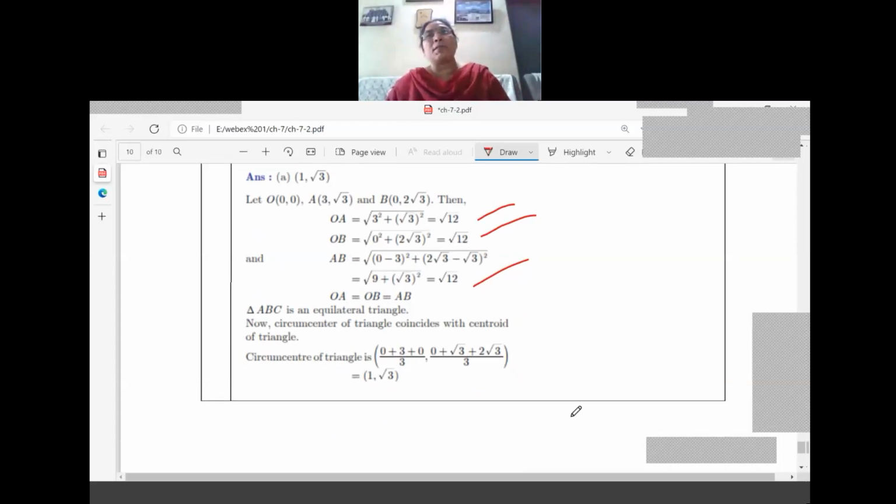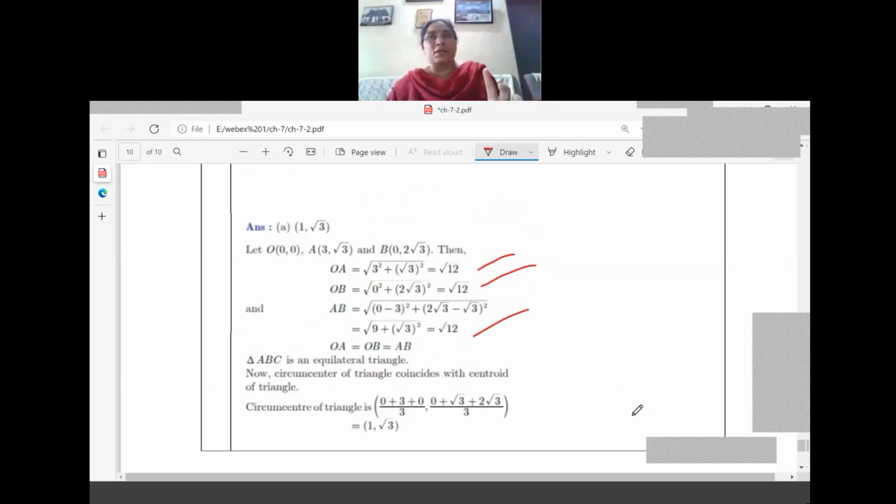Got the point? So you learned the circumcenter in 9th class. What you learned there is that there is one and only one circle passing through three points. Remember that one? There is a unique circle. We constructed that last year. That point of intersection is called the circumcenter. There we used the perpendicular bisector property. Don't confuse yourself. What you have to learn here is that the circumcenter of an equilateral triangle is the same as the centroid of the equilateral triangle.